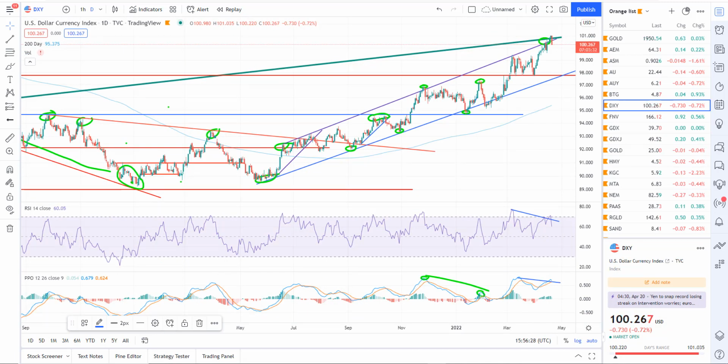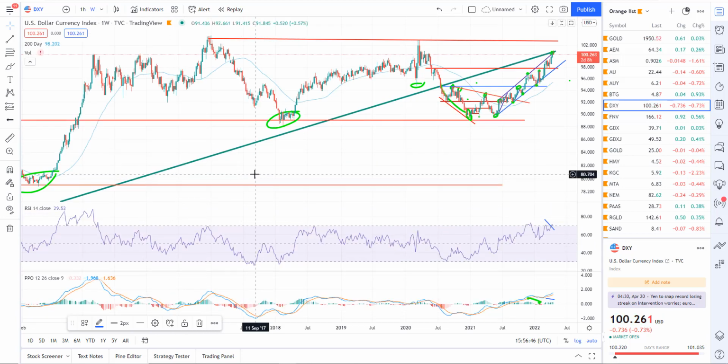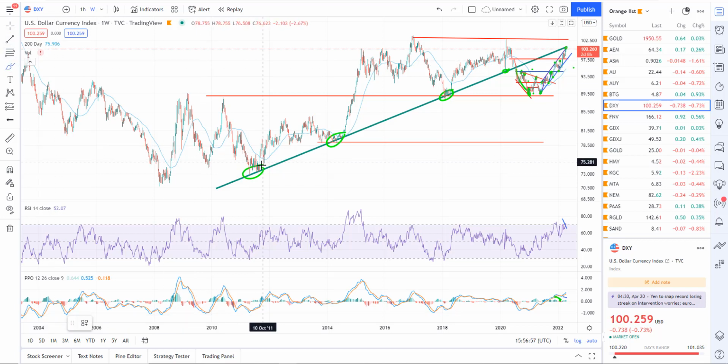Okay, so while we're on the topic of gold, we want to look at the dollar, because gold is priced in dollars, so typically it's going to trade inverse to the dollar. It doesn't always do that, but it does typically do that. So on the dollar, the big thing that I'm looking at, if I look at the weekly chart here, you can see as I roll out, basically going back to 2011, so pretty much the last decade, a bull market in the dollar. We've got this trend line to follow where we kind of bottomed out here in 2011,